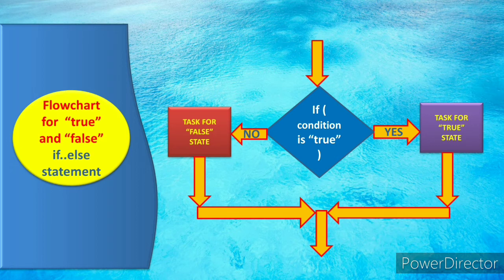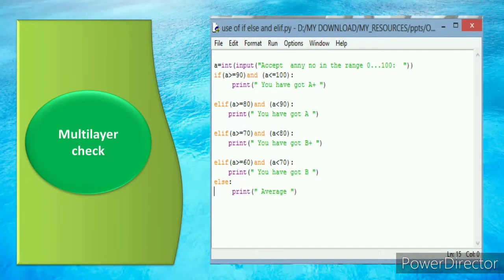Now come to case number 3. Case number 3 is something different. It's a multi-layer check. That means whenever you are having multiple checks in continuity, that means I'm checking the value of a single variable and multiple types of tasks are being done based on the multiple values of that variable or the satisfactory situation of that particular condition, then you have to go for the multi-layer check. In that case, I don't have else, but I have else if, because I can put another condition only when I'm having if. So first conditions you can find.